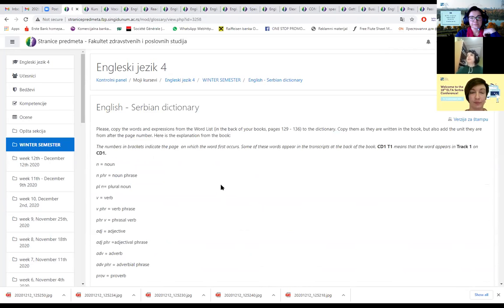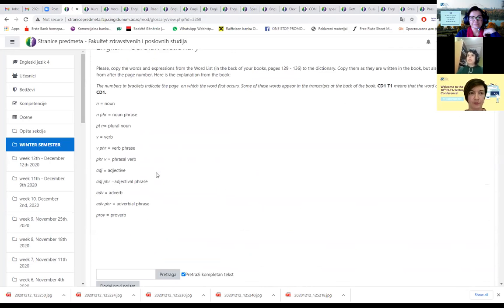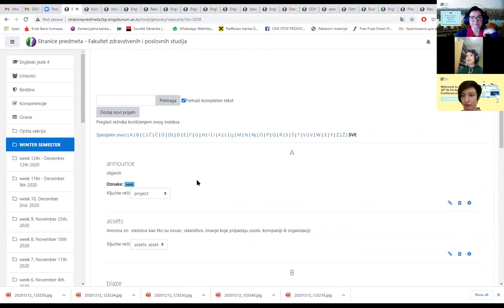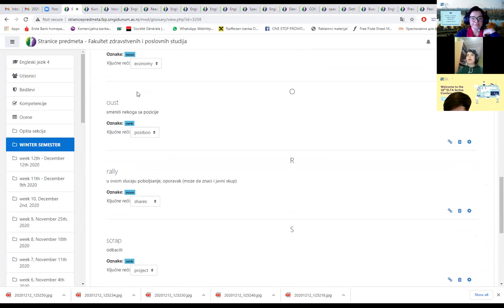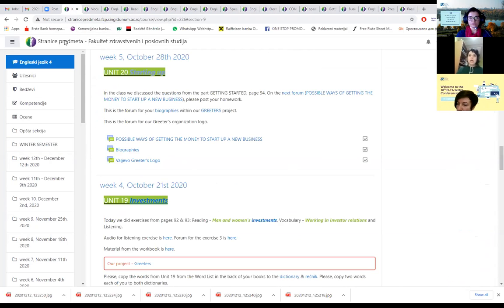And here is the English-Serbian dictionary, with all the explanation and how to use it and what to do with it. And I guess this is to at least read the vocabulary list at the end of their books at least once. Okay,